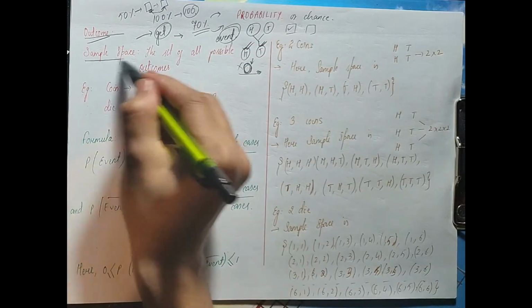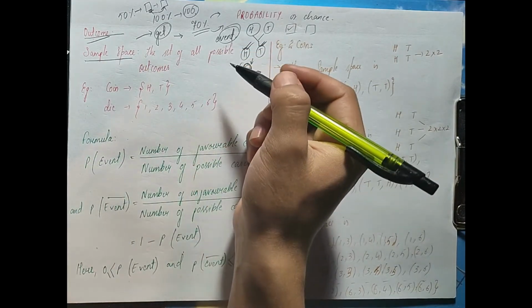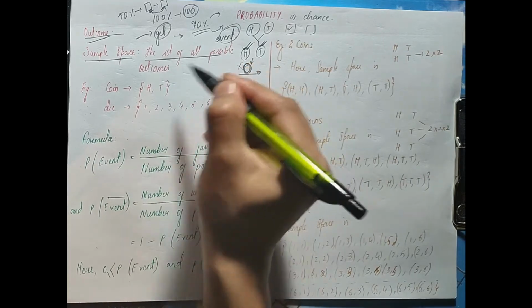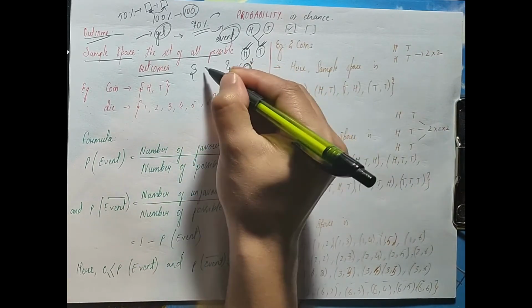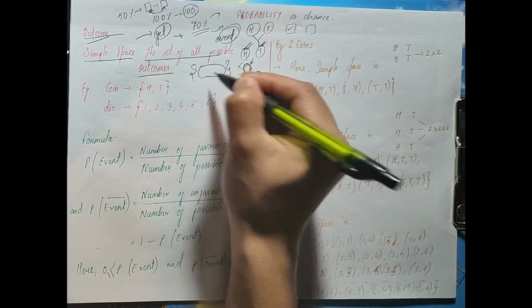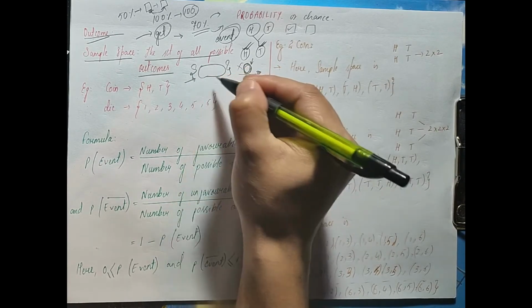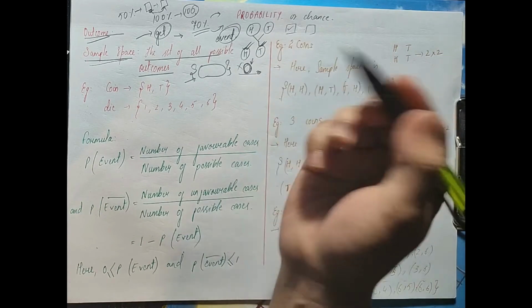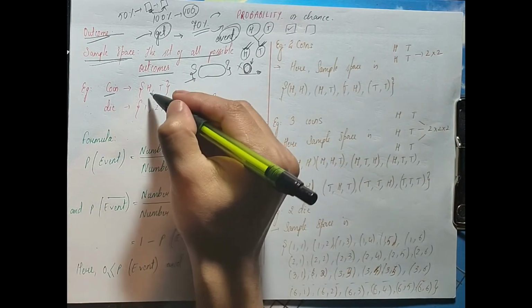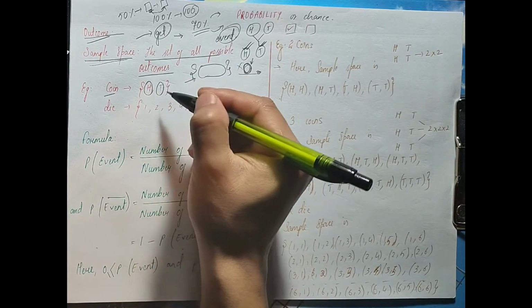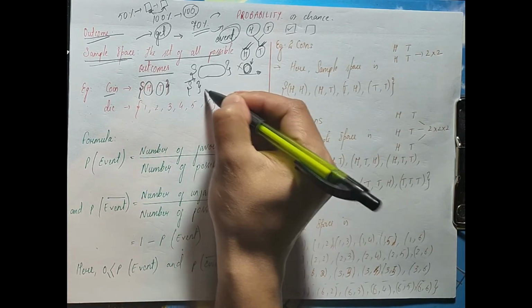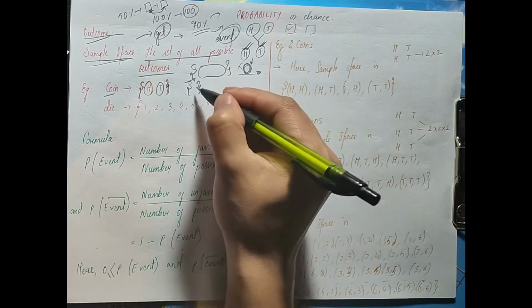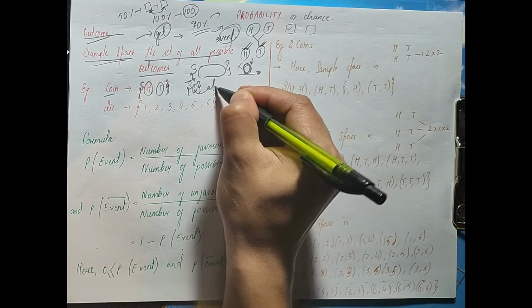Now that brings us to the word sample space. The set of all the possible outcomes, that means if you collect all the possible outcomes of an event, then this set is called your sample space. For example, for a coin, the possible outcomes are head or tail. So if you put it in a set, this is how you actually draw sets, with curly braces, and whatever is inside it are called